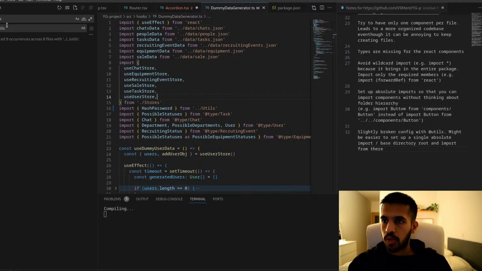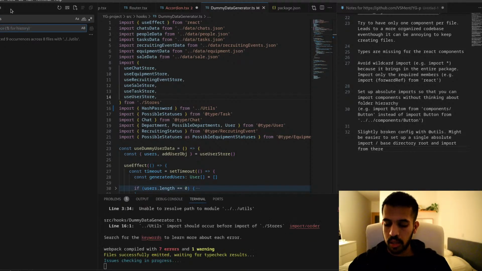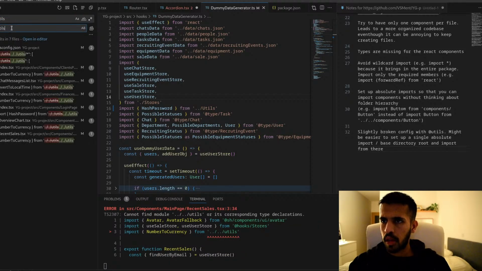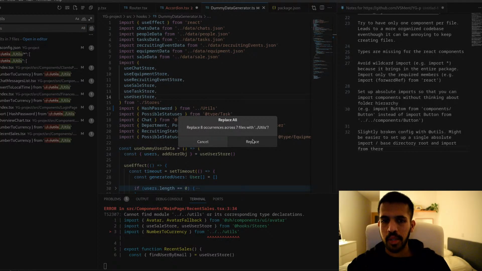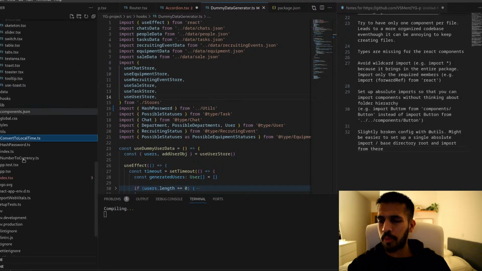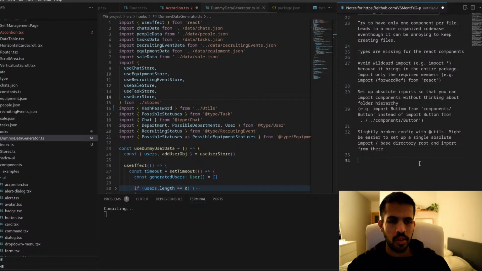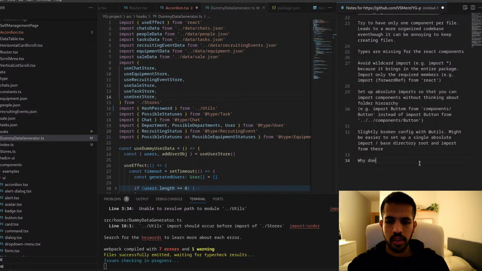Great, so I just need to change this now into a single layer uppercase U. And it's a bit strange why only utils starts with an uppercase U. Why does the utils folder start with the uppercase letter?